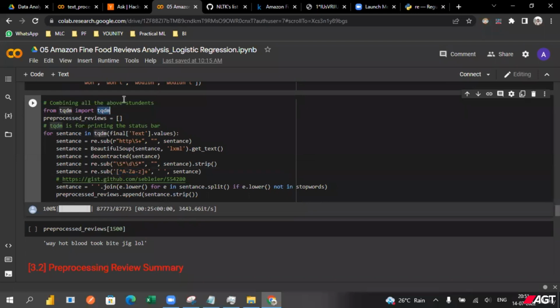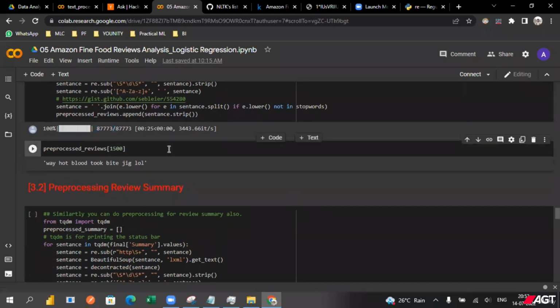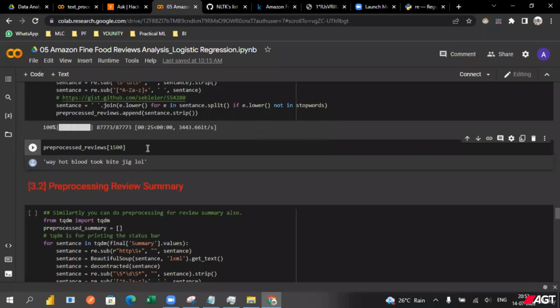TQDM is going to print this progress bar. Okay, so it shows how many reviews we are cleaning. After cleaning we get the same results, because we just removed things within a text, right? We did not remove any text according to our deduplication. From some of the pre-processing of reviews that we have done,